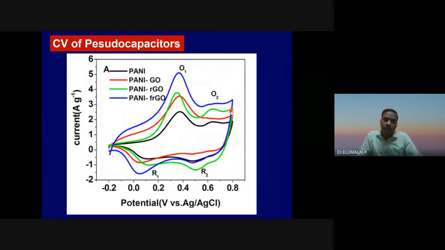Whereas if you are getting peaks, or if you are getting a peak, one peak, and if the peaks are reversible, preferably it should be for a better electrode. It means that there is a redox reaction taking place and the electrode material can be called a Faradaic material. It may be a battery or non-battery material.